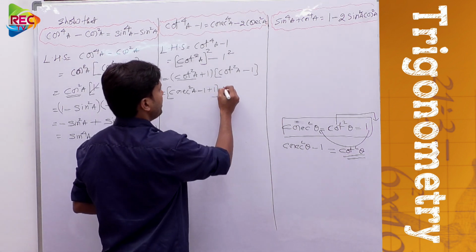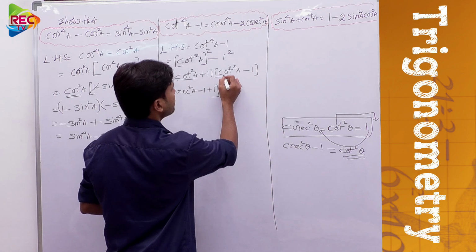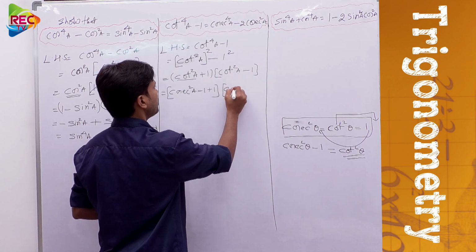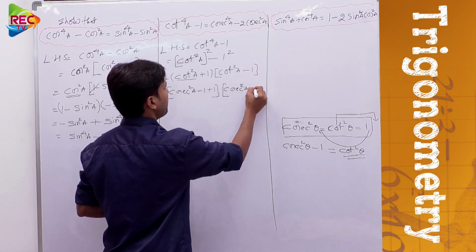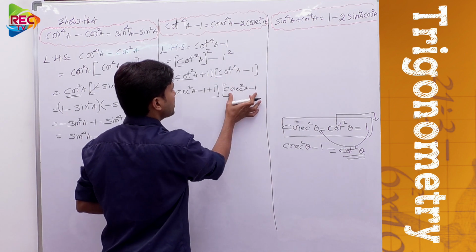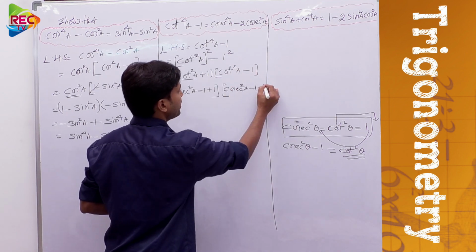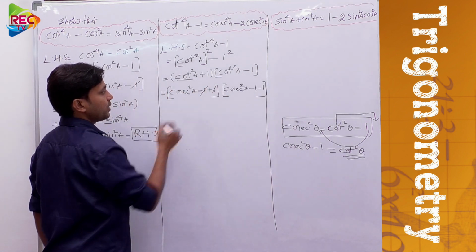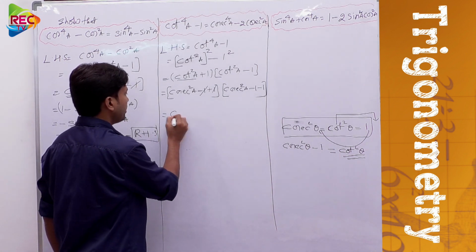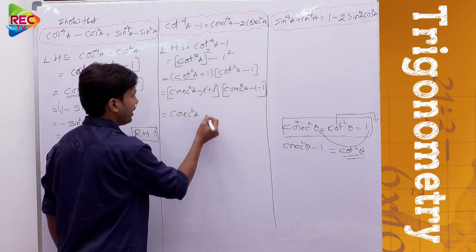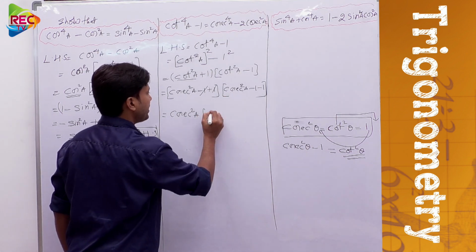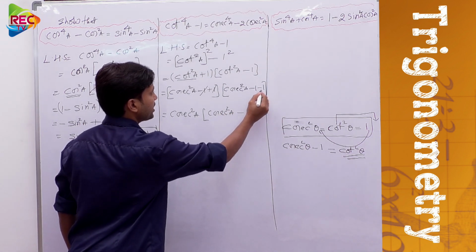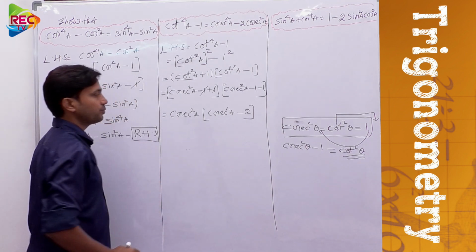Okay, now here also we can write this or not. Cot square A can be replaced by, once again, cosecant square A minus 1. So here cosecant square A minus 1. This value is cosecant square A minus 1, and minus 1 is already there. Now simplify. Here minus 1 plus 1 is getting cancelled. Now what is left over? Cosecant square A into cosecant square A minus, this is what? Minus 1 and minus 1 added together to get minus 2.